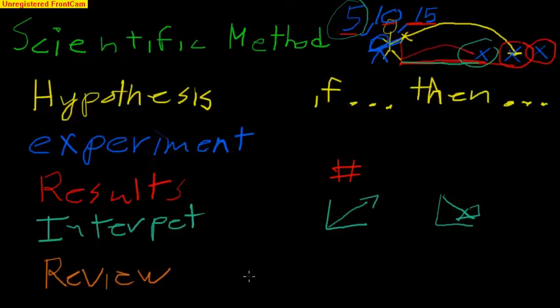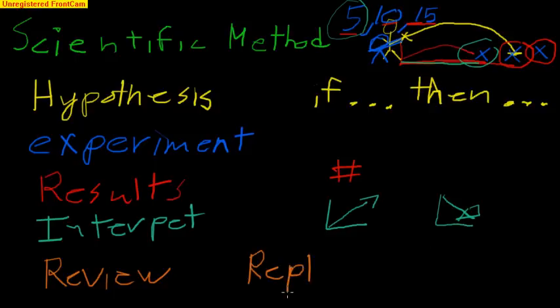And there's sort of this saying in science that if it happens once, it didn't happen at all. So you have to have peer review, it's called, and people say, well, it looks like you were really thorough in your measurements, and it looks like you had a good experiment, and you took good results, and I agree with your interpretation. But that's not always good enough. They have to replicate